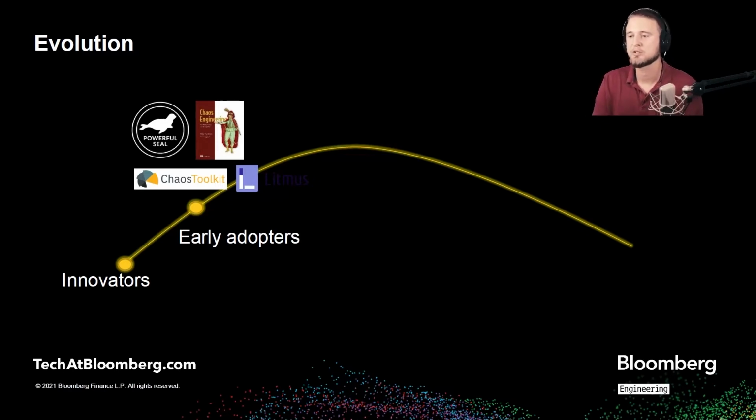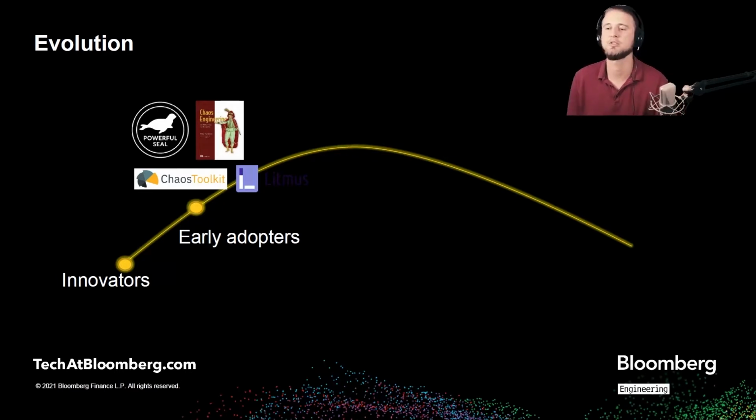I'm going to talk about the tools a little bit later, but the point here is that iteratively, one step at a time, we kept improving on the tools, and so more people could use them, and so they had more ideas how to improve that, and they spent more time using and improving them, and so the tools got even better, and even more people started using them. And this is how the adoption lifecycle curve kind of unfolds, right?